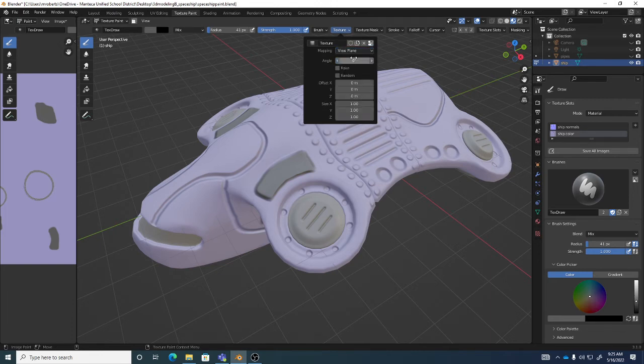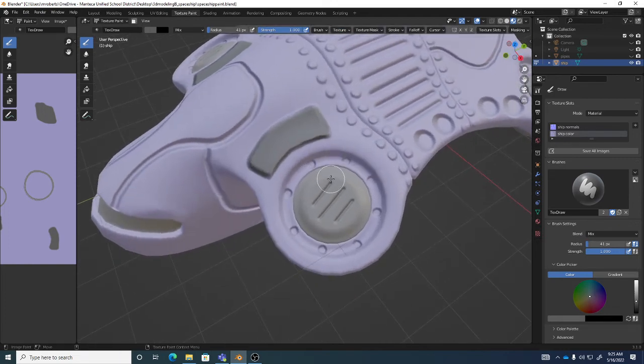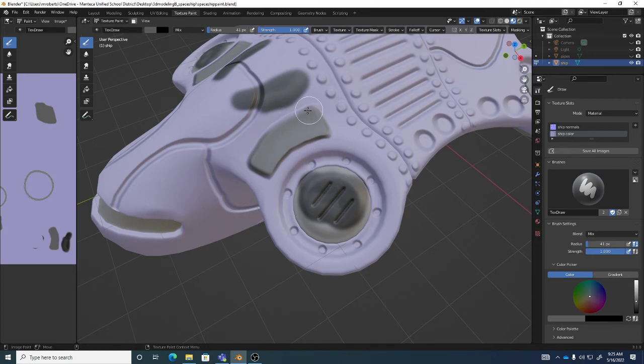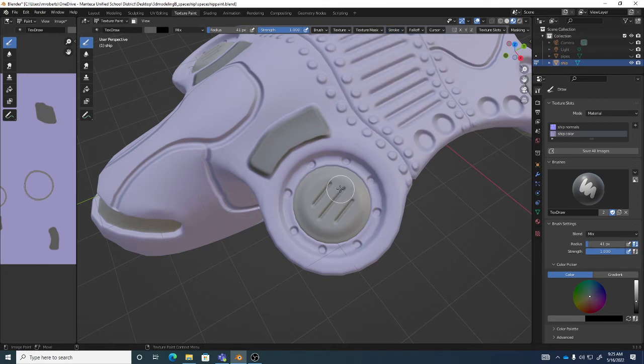View Plane, which is at the top here, will take that texture and basically just stamp it down. See how as I painted, it's just going to paint that image right on top. It's kind of hard to see exactly what it's doing here, but if I go back to stroke and turn up the spacing a lot, you'll see much better what it's doing. So I'll turn up the spacing to like 80 or 90. You see what it's doing is taking that actual image and placing it as a stamp. So it stamps,